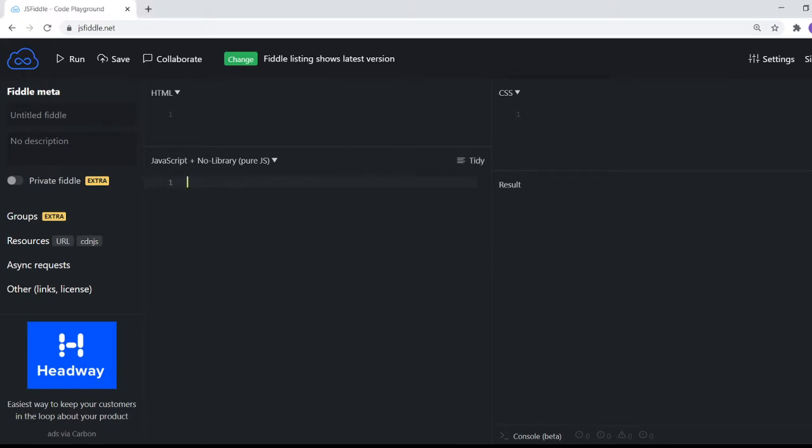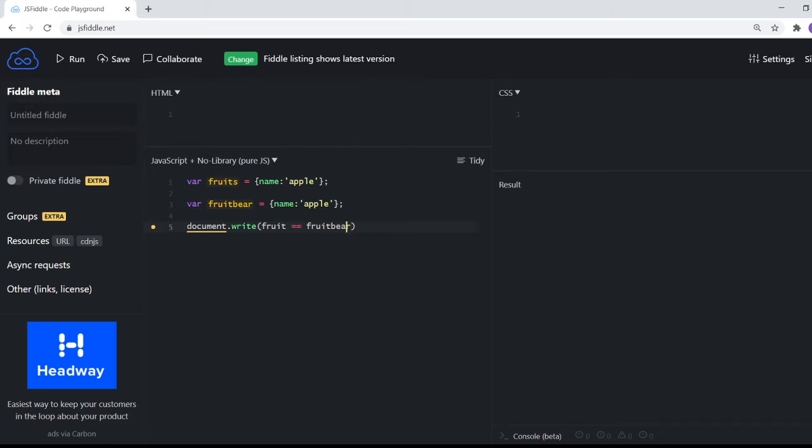Let's get started. I've opened up my JSFiddle window and let's start by defining an object called fruits, and I'll say name: apple. And I'll define another object called fruitBear, and I'll say again the same thing, name: apple, right? And now let me show you something. If we try and compare them,